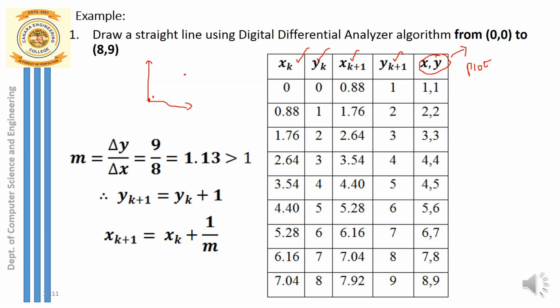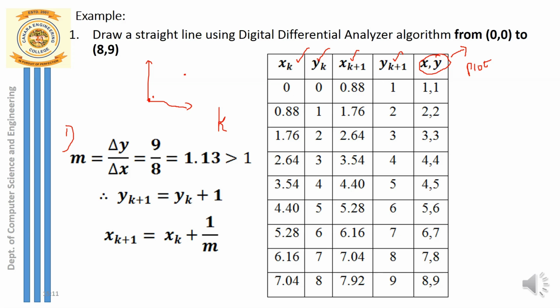So first of all, let's see what k is over there. You can just take k as the number of iterations or number of steps. How do we decide the number of iterations or steps from the given two endpoints? In order to calculate this k, the first step is calculation of slope. So how do we generate the slope? m is equal to delta y by delta x. This is the slope formula. So what is delta y? Change in y.